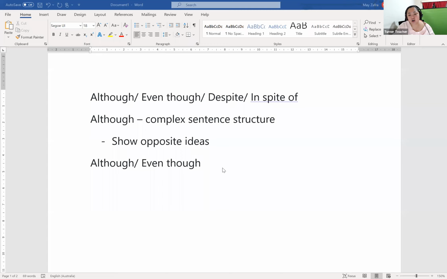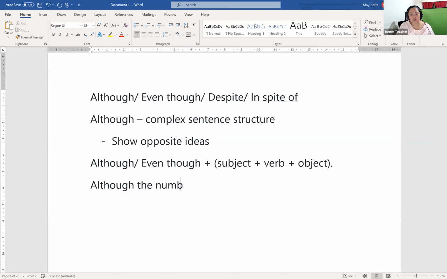And so the structure of although is it has to be followed by a sentence, which is subject plus verb plus object. Okay. So when you are creating a sentence with although or even though, it has to be followed by subject plus a verb plus an object. Okay. For example,